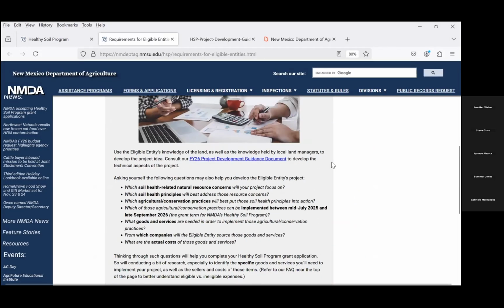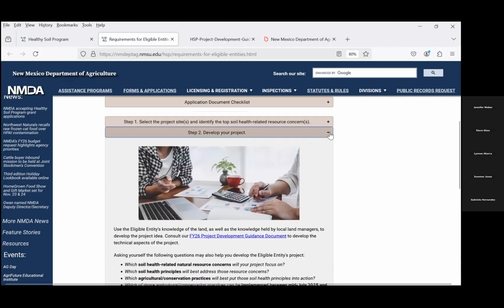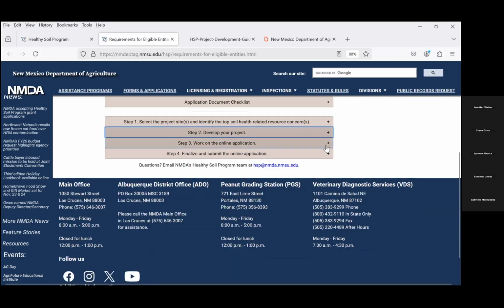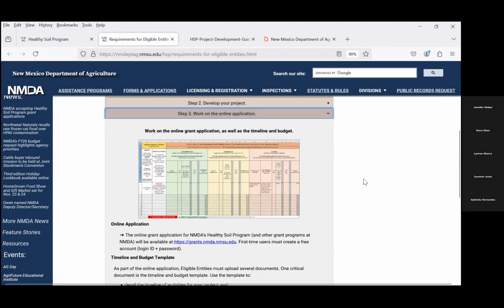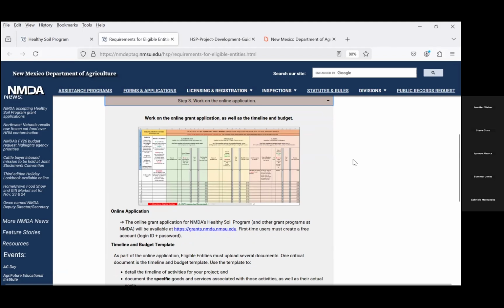So again, steps 1 and 2, that's where you start developing your project. And then as we move to step 3, this is where you'll actually work on the online application. And one of the critical components of the online application is the all-important budget and timeline template. So that's something that you'll need to download off of the website. And this is where you start